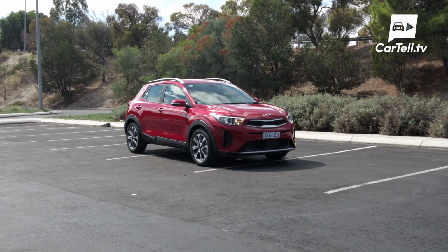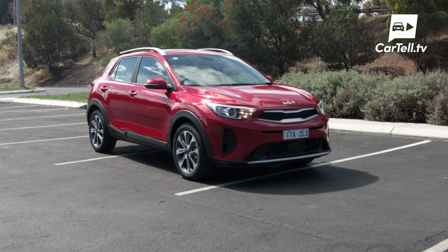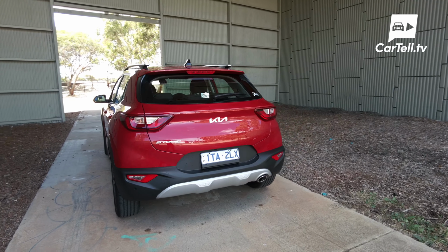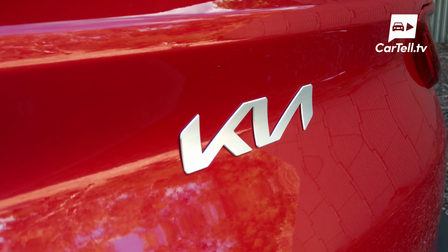The Stonic is meant to be one of those tiny SUVs that seem to be all the rage these days. Basically, a jacked-up mini city car. Those are very much bound by their price tag. Things get even more limiting when you take into account that the one I have here is the misleadingly titled